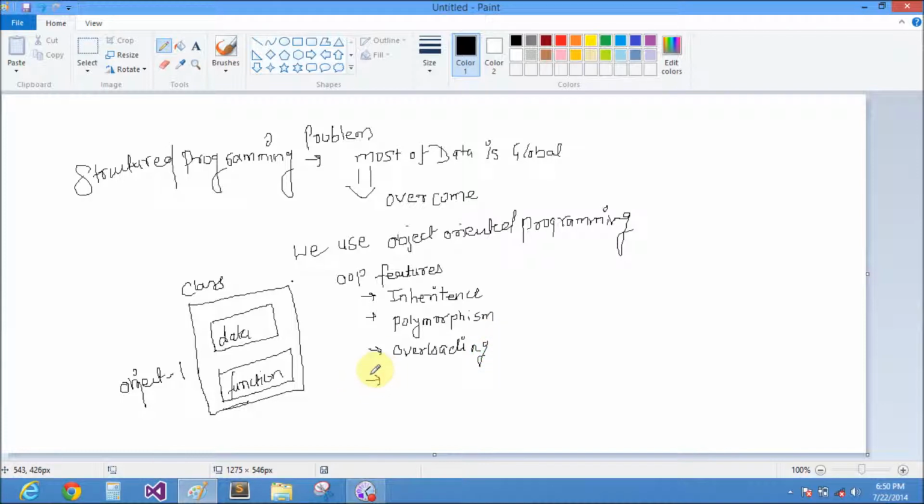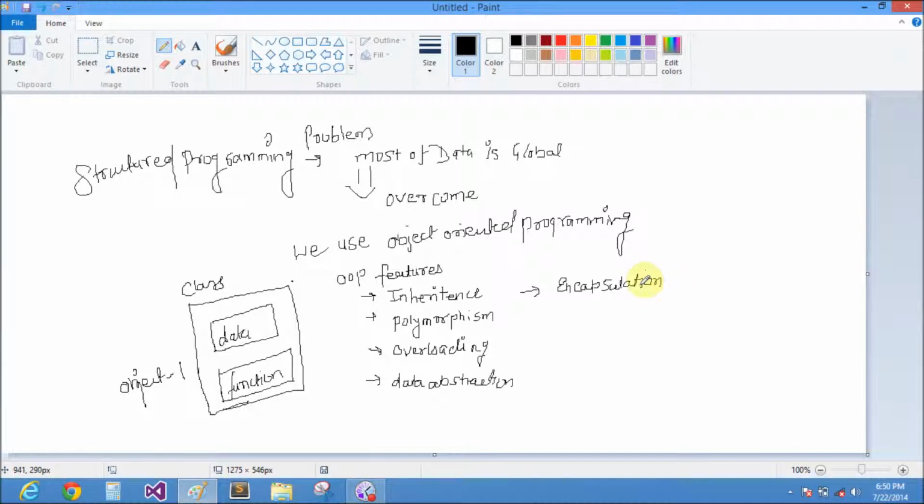Fourth one is data abstraction. Fifth one is encapsulation. So these are the features of object oriented programming. We will learn them one by one in later sessions.